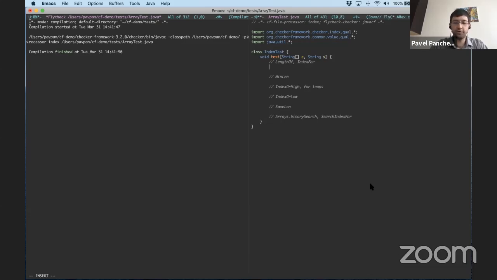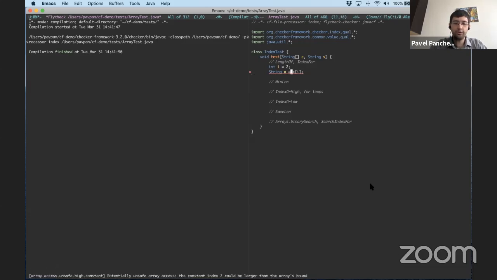Since we're looking at array indices, we can create some index and try to dereference an array with it. After it runs, we ought to get the error you can see at the bottom of the screen. Potentially unsafe array access. The constant index 2 could be larger than the array's bound.